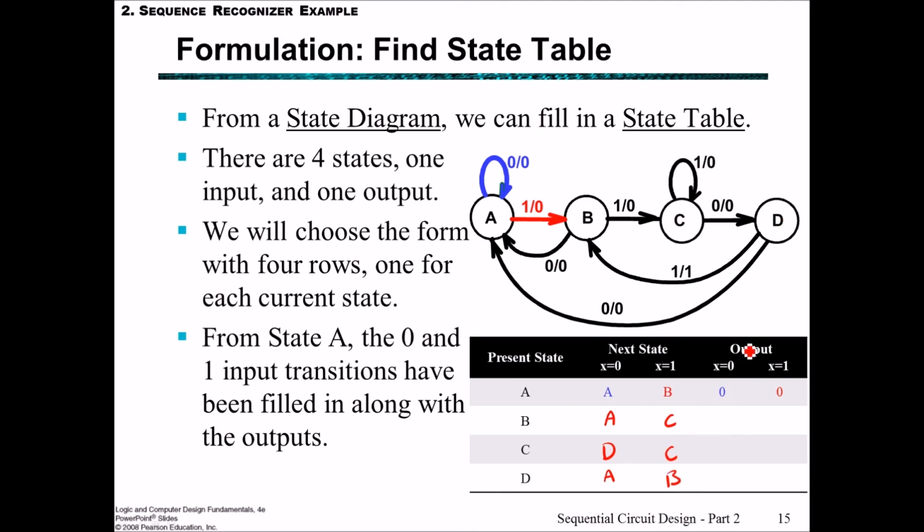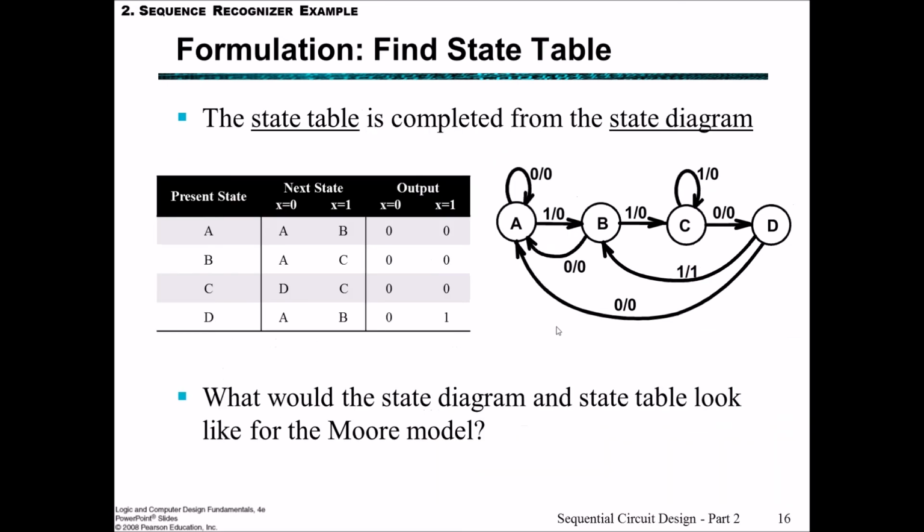In terms of the output, out of all of these, the only output that's a 1 is this one here, and that's when we're in state D and we get a 1. So that is, we're in state D and we get a 1 just here. All the others will be 0. Okay, so we've now determined the state table and the state diagram for the Mealy case, that is, where the